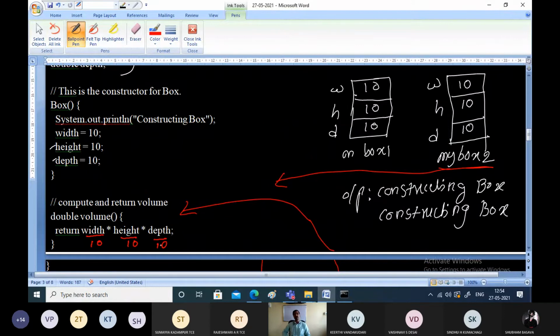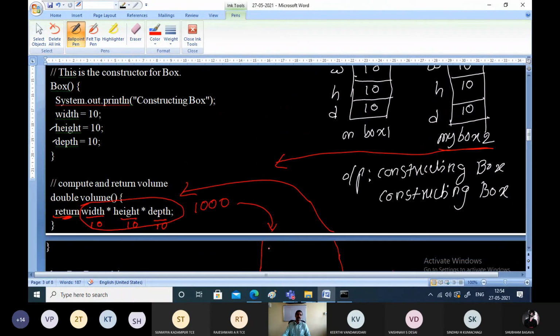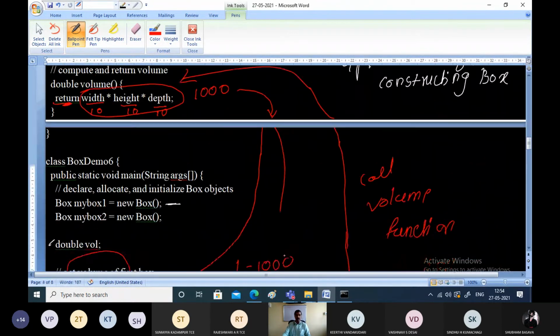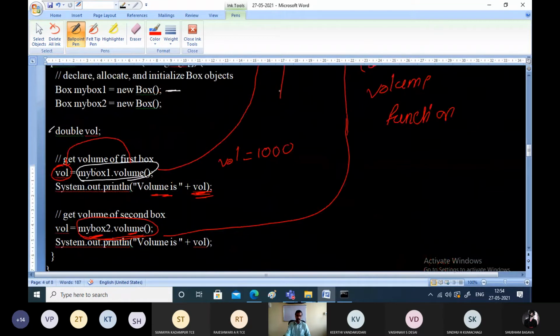So what will be the final return value? The return value is 1000. It will return the calculated part of this, which is 1000. That 1000 will be returned and assigned to the variable volume.